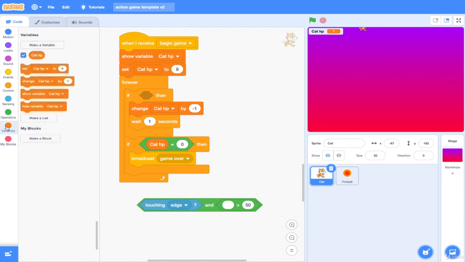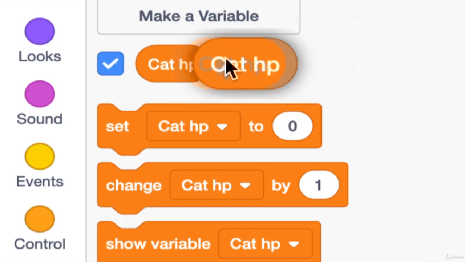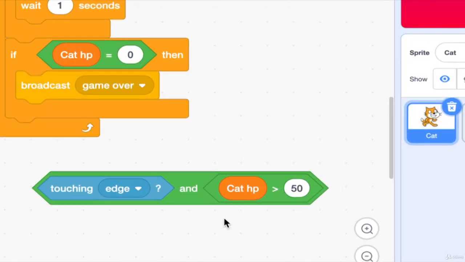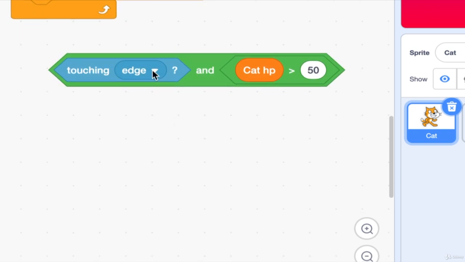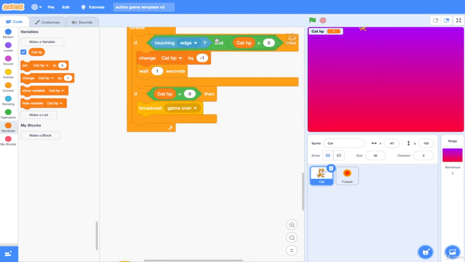And then we're going to go to variables, and up here, this is a code block, and we're going to take it and we're going to put it into our greater than operator. So we now have, whoops, let's move this up again. We now have if touching edge and cat HP is greater than 50. Well, of course, our HP is never greater than 50. This needs to be 0. If touching edge and cat HP is greater than 0, put it back into our if here,